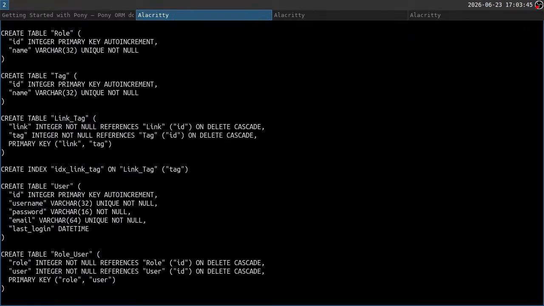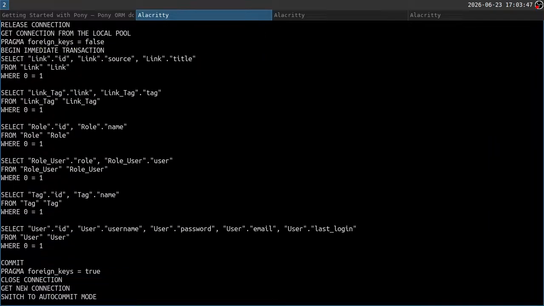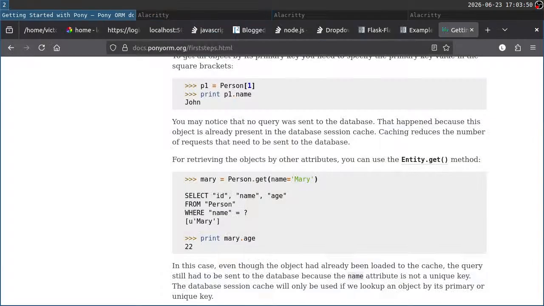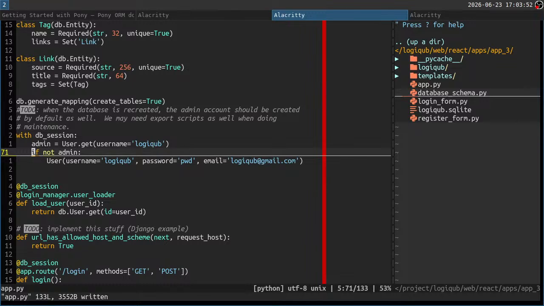I don't know how this happened, but okay. Seems like the database is in a good state, so